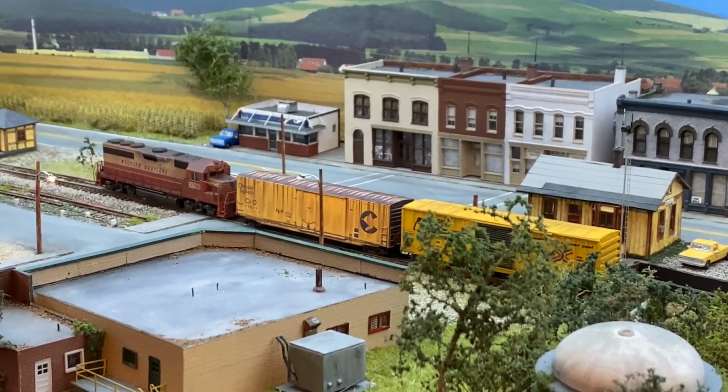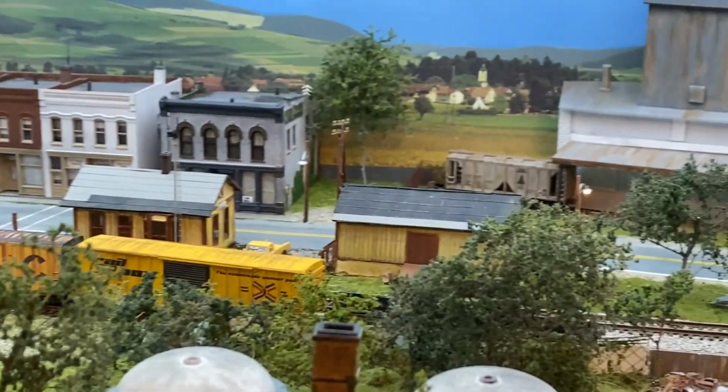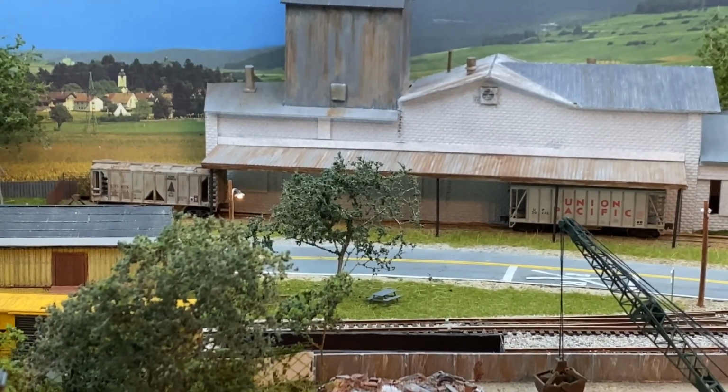So we're going to spot the empty gondola, and then we will pull the train back out onto the main, and that'll be the end of this video. But I do have a short little update